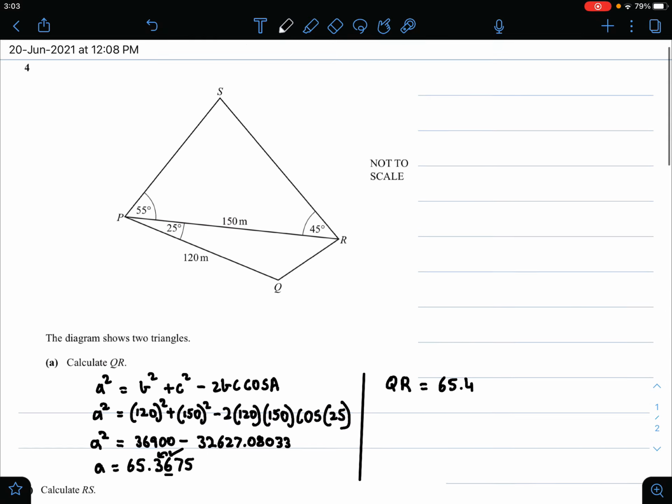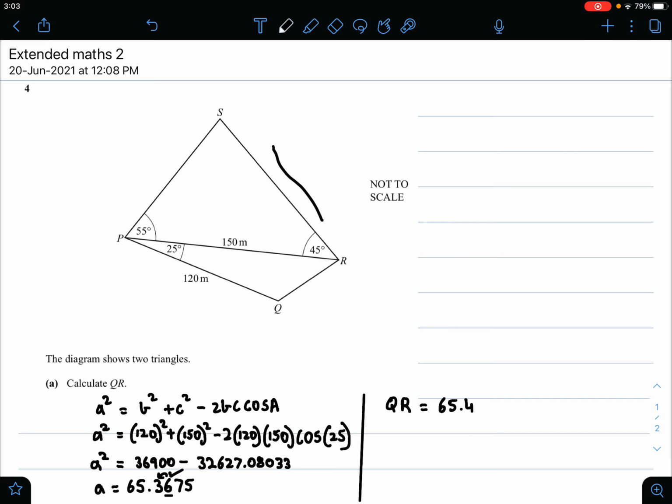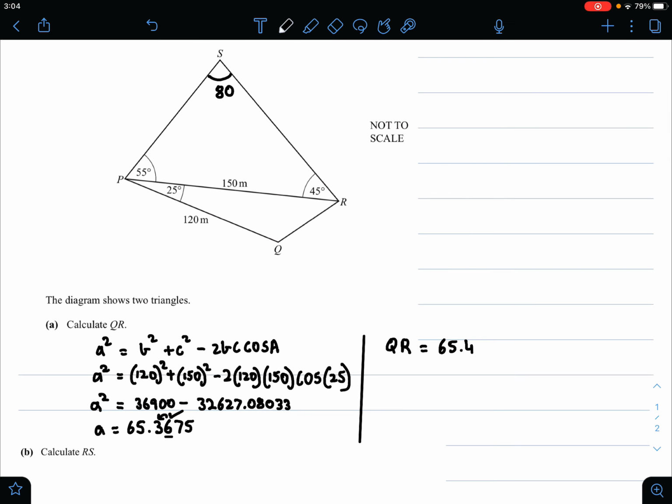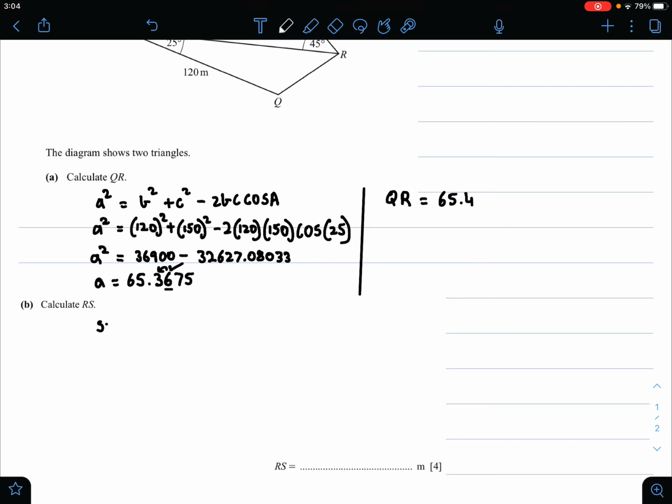So RS is this side. Now we know all the three angles in the triangle, because the angles in a triangle add up to 180. So 180 minus 55 minus 45 will give you 80, and therefore this angle will be 80 degrees. So we can use a sine rule in this case because we know the angle that is opposite this angle, and therefore we can write sine 80